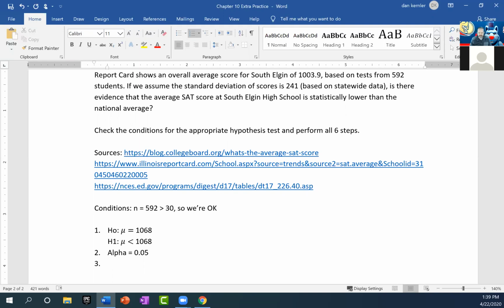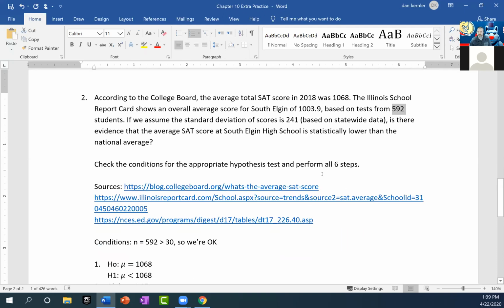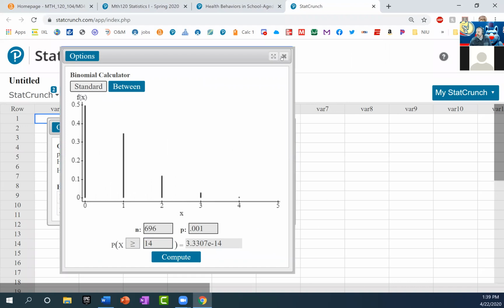And let's see here, we need a test statistic and then a p-value. So let's use StatCrunch for those. Here we are testing for a mean, so we're going to use a t-stat. Now we really could use either one again here because it doesn't really say, is that a population? It's based on statewide data, so maybe this is a z-stat. Again, our sample size is so large, it's not going to matter. They would be the same. So let's do a t-stat,